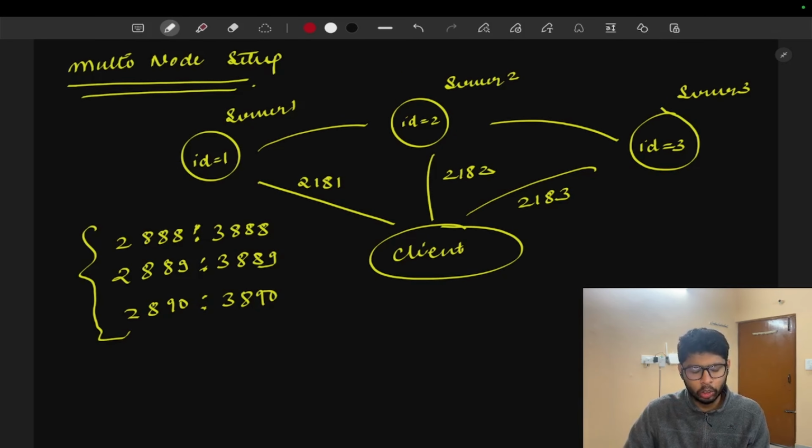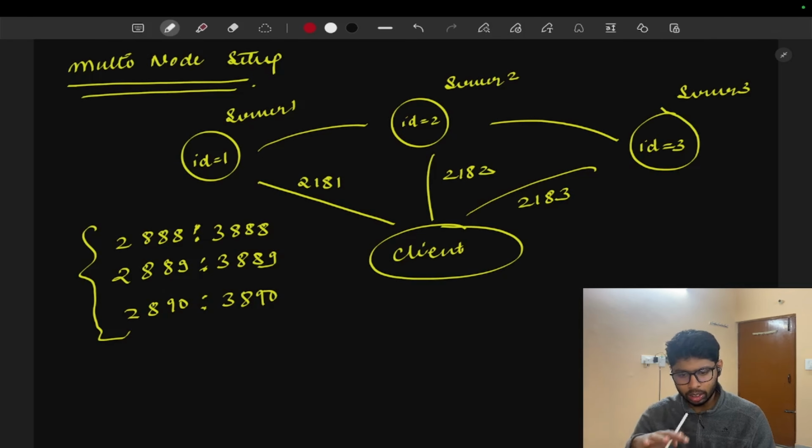So this is something that we are going to code at the end of our video. Now let's understand it. I created the 3 servers, server 1, server 2 and server 3, and I also mentioned some ID1, ID2 and ID3 inside them. So it means that there are 3 servers running and they are also connected with some client. In our previous video, we saw that only server 1 communicates with the client on port 2181, with the commands that I already showed you.